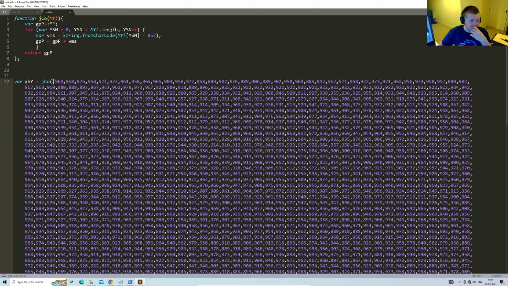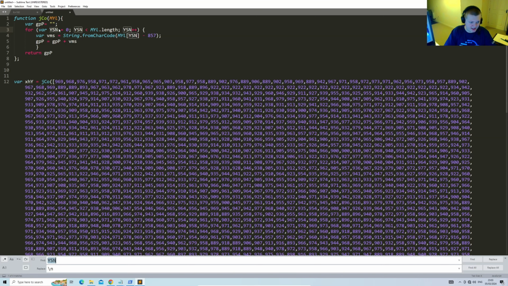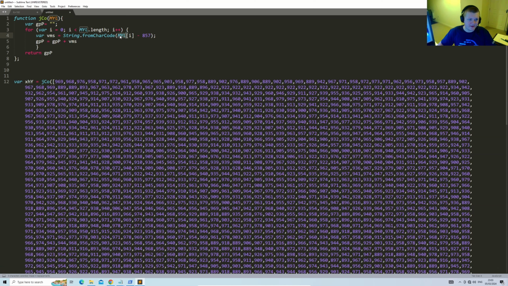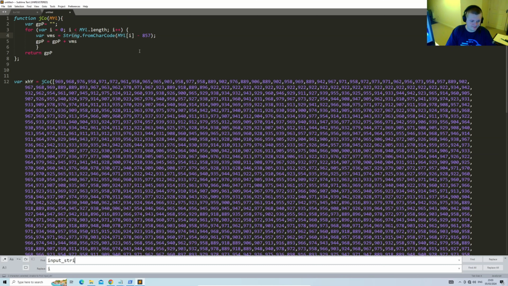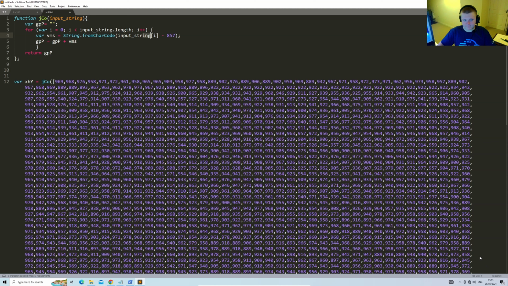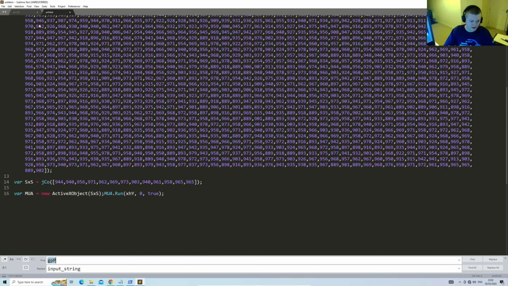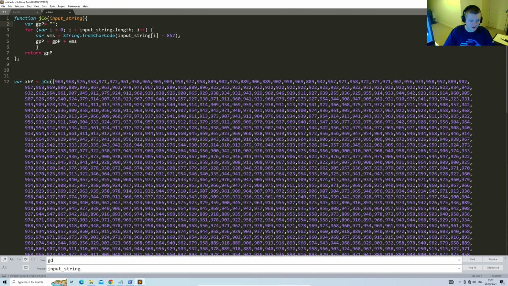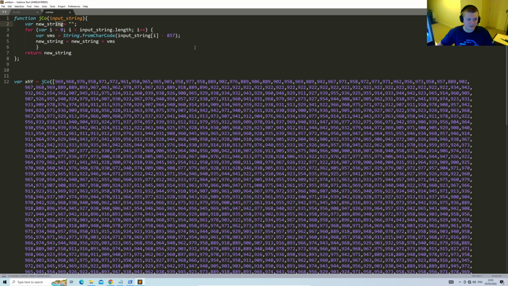script here. So it takes the array, in this case it would be my, and it takes the length, and I guess we can sort of replace this with what would be good JavaScript notation. And this I can say input string, MYL, input string, and I guess we call this new string, GPP, new string, replace that. So yeah, and it appends this, so I'll call this new character,